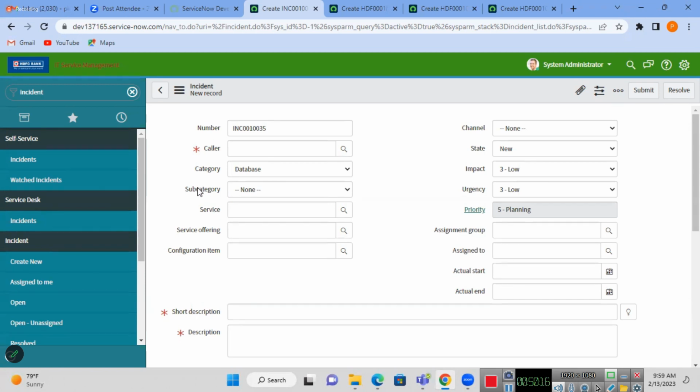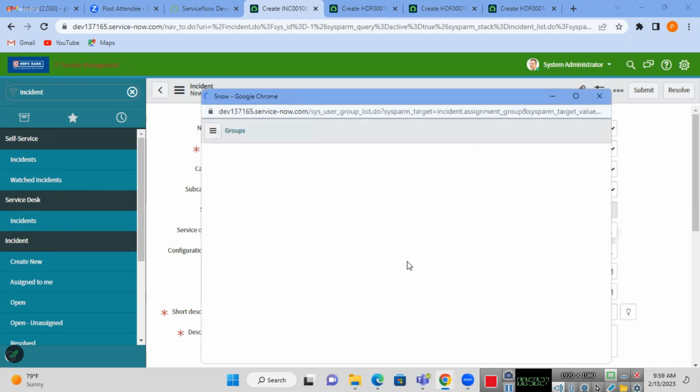How the subcategory values are populating a related category. Like the same example, we can discuss in the custom table, state and city as well. See here, assignment group is there. When I select the assignment group here,